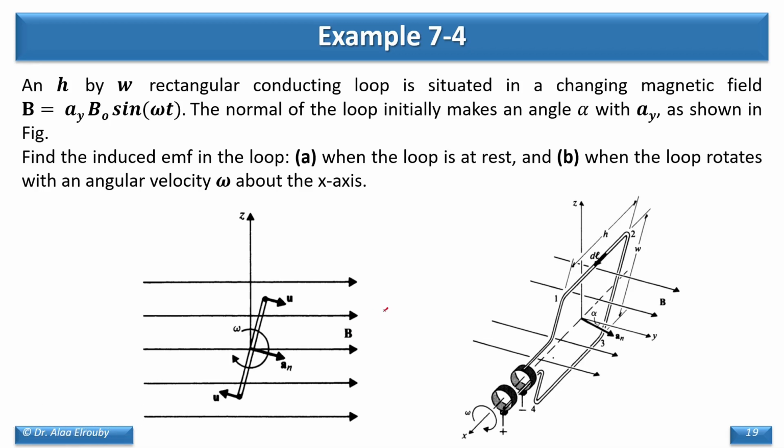Sorry for this, I'm just writing with the mouse. So this is a_y. X would be going out of here. This is the x direction going out of the screen. So this is the setup at the beginning. This angle here equals